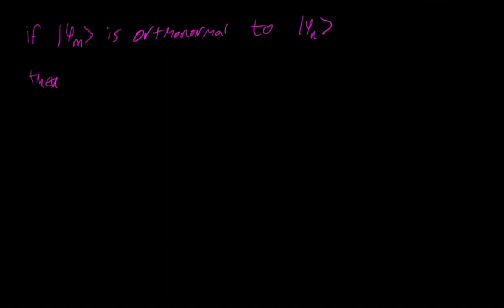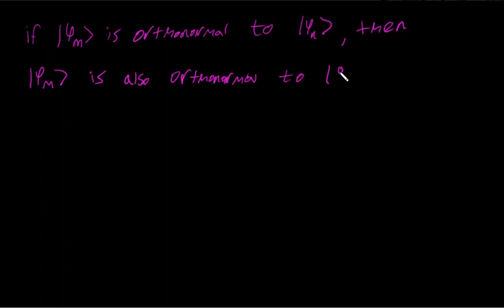If I have an orthonormal basis, and phi m is orthonormal to phi n, then phi m is also orthonormal to phi n